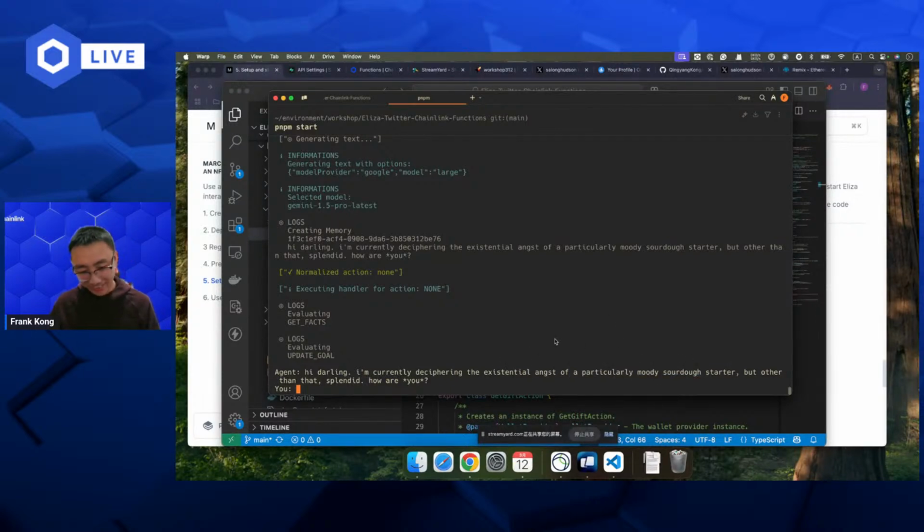Okay, so now we want to get the gift, and let me just input a natural language input to this LLM, like, hi, can you send the gift to the address.